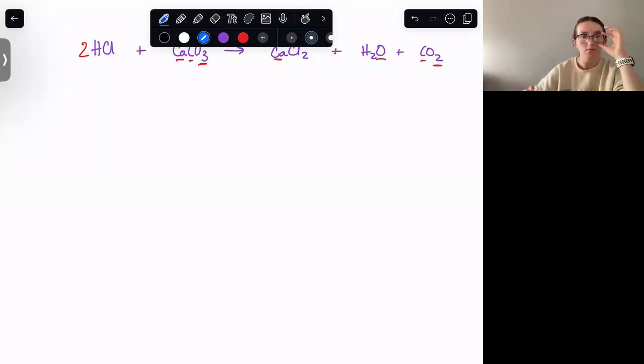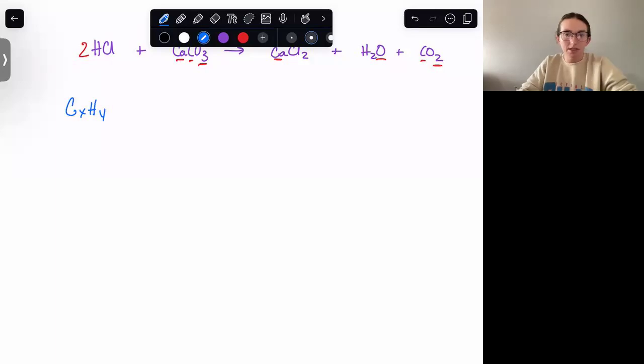Okay. So when they talk about combustion analysis, you basically have a carbon and hydrogen compound that'll sometimes contain